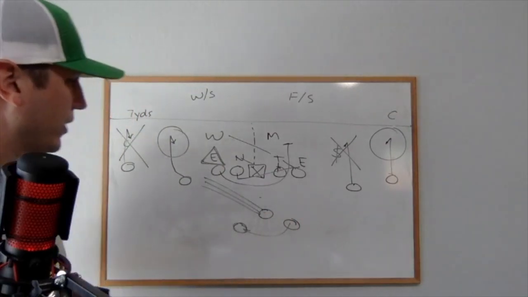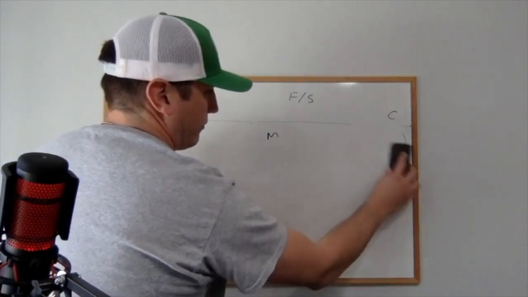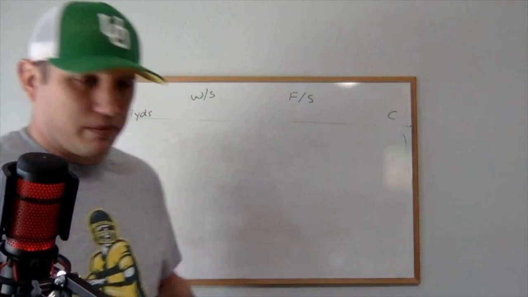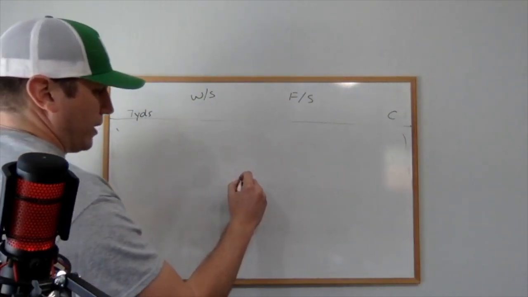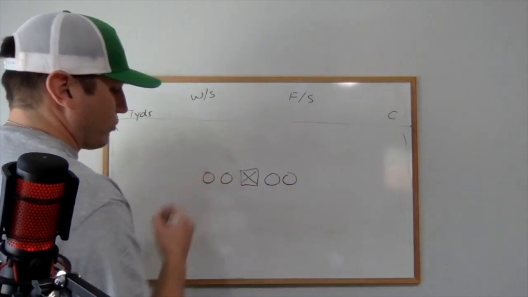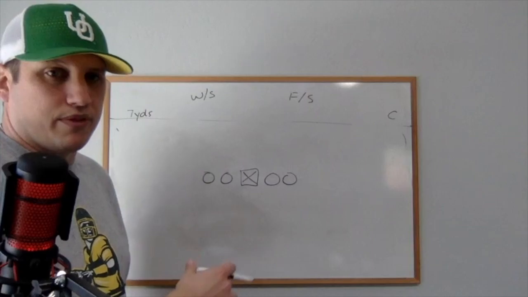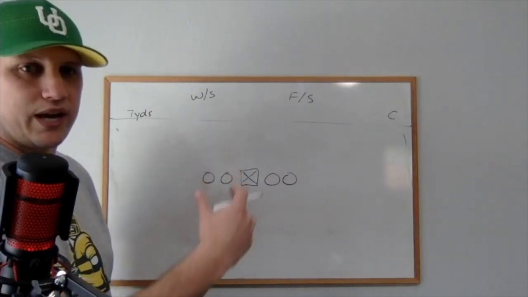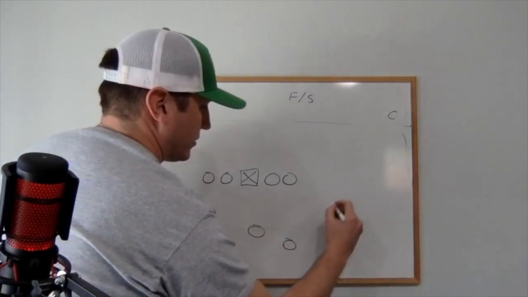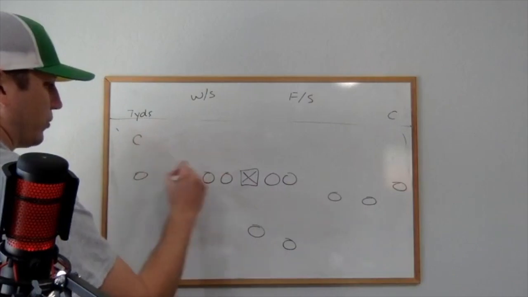Okay, I'll just jump to a 3x1 look, kind of give you my favorite. And if you've been on the channel before, you've seen some of the videos, you probably already know where I'm going to go with this. But with 3x1, we also look at the same thing. We look at the box, we look at the depth and the alignment, but we also want to look at the numbers advantage that we have in our 3x1 stuff. So if we're 3x1 here and we're getting the same look,